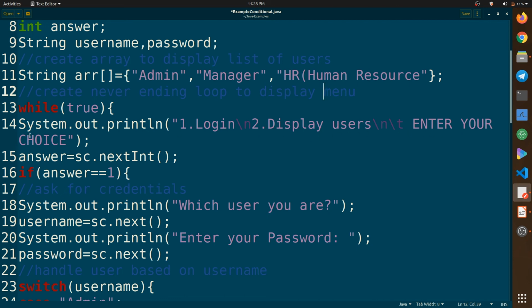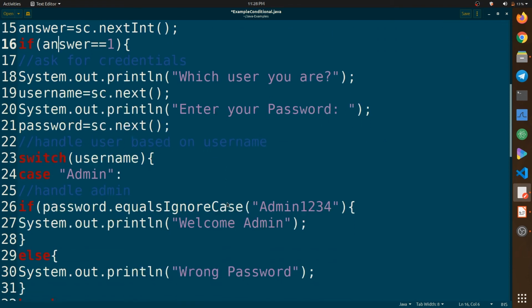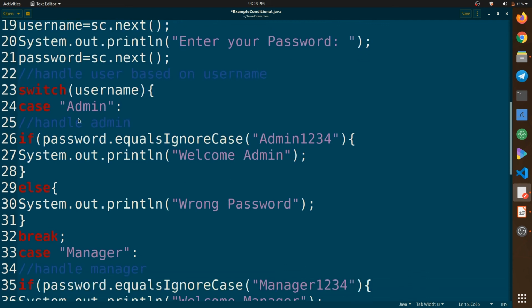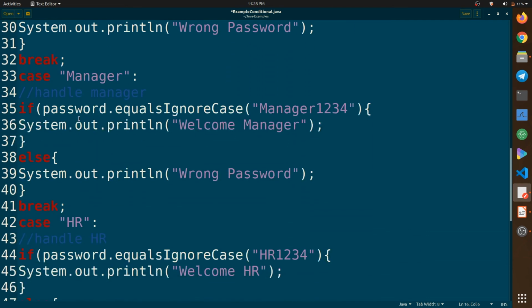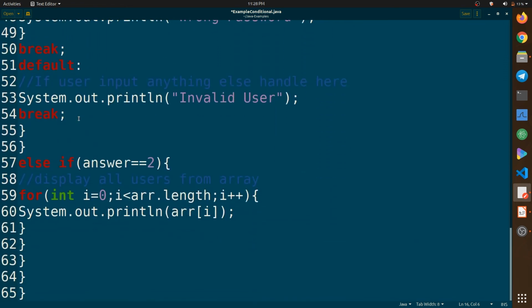And based on the choice of our users, we are handling them, asking for credentials, checking the credentials and printing some messages to them. So also we have our second menu, where we are just printing the list from our array, and this is what we have done so far.